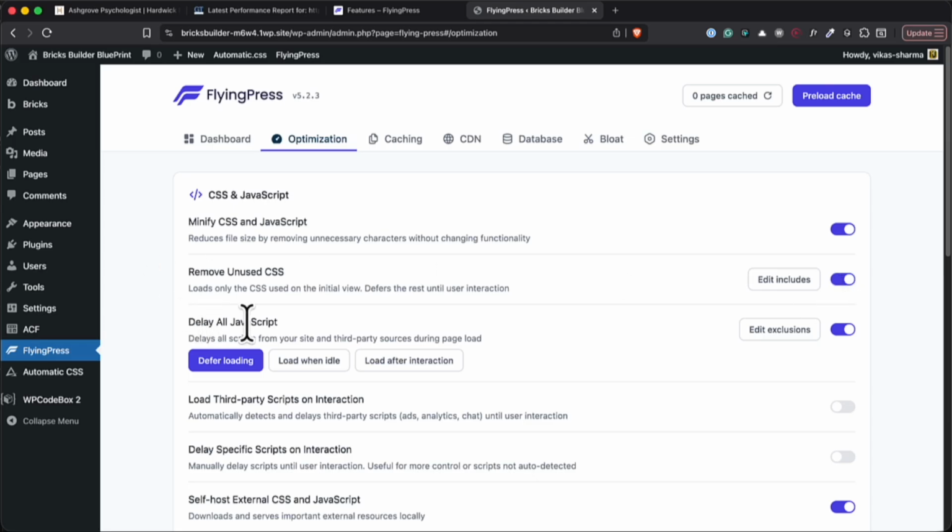The next option is Delay all JavaScript. Here we see three options. Defer loading. If this option is enabled, the JavaScript files will load with the defer attribute. Next is Load when idle. If this option is enabled, the JavaScript files will load when the page finishes loading. Next is Load on interaction. If this option is enabled, the JavaScript files will load when an interaction occurs, such as the page scroll, keyboard strokes, mobile screen taps,